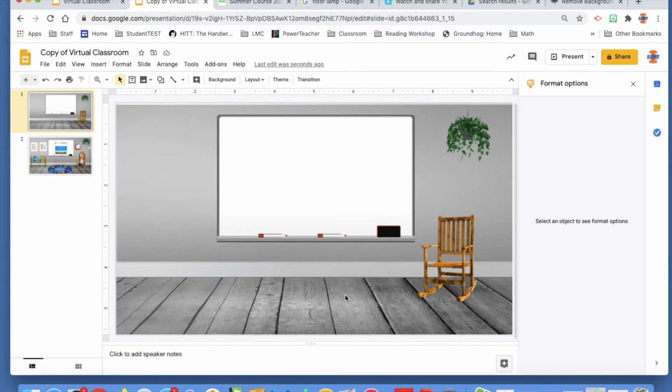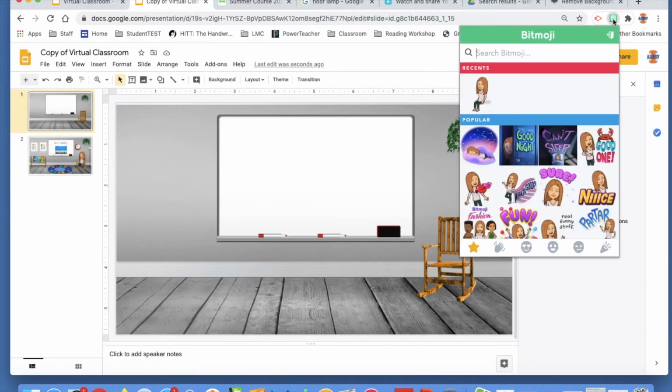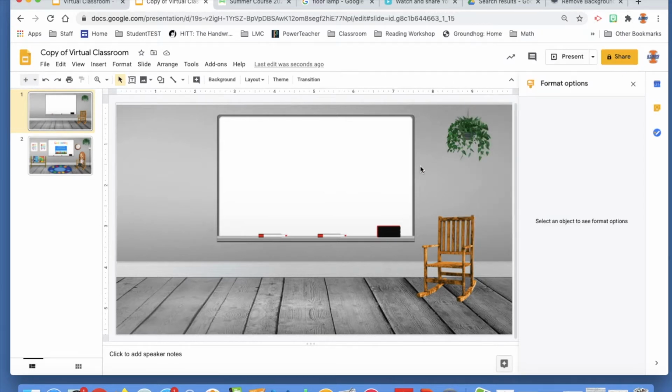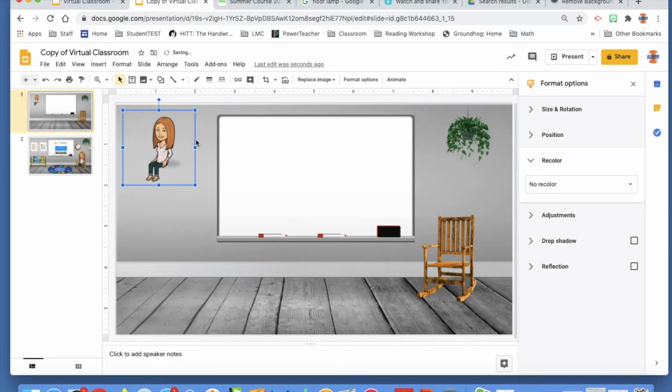And then I'm going to add my Bitmoji. I have a separate video to show you how to create a Bitmoji and then how to add this Bitmoji extension here. So I'm just going to click on that, and my Bitmoji is already created. I'll right click on this one. I searched for a sitting Bitmoji earlier, so I'll copy that. And then I'll go ahead and just paste it right into our